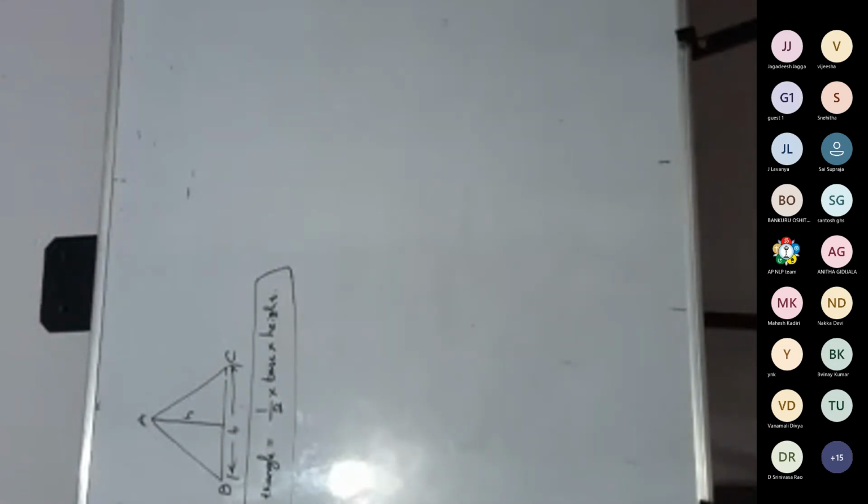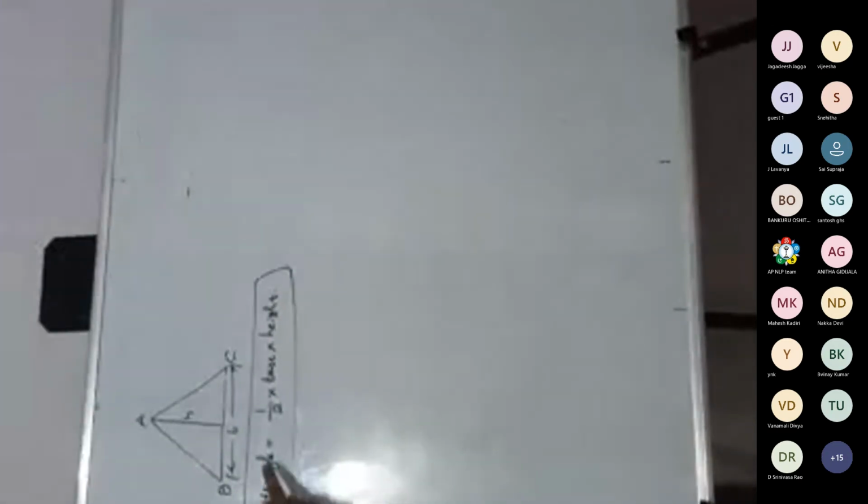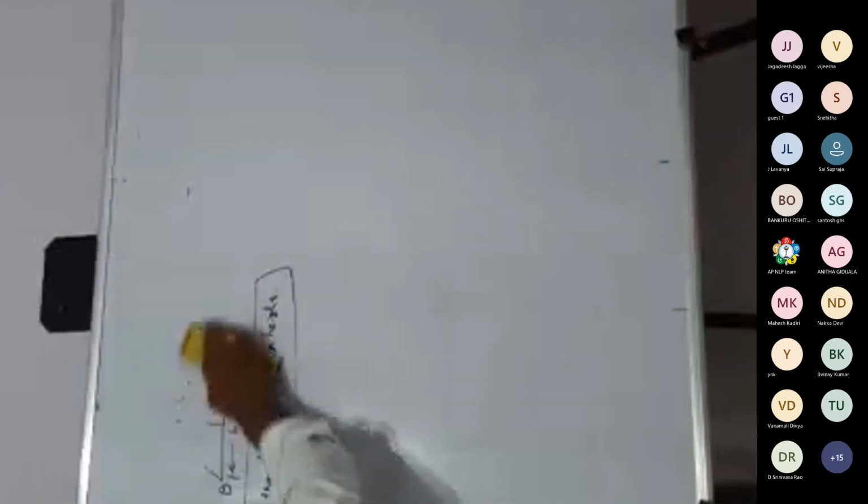Right? Okay. Then how many types of triangles are there? There are 5 types of triangles. So please observe carefully. Area of the triangle is what? Half base into height. For any triangle, you have to follow the basic formula. What is that? Half base into height. You have 5 types of triangles. First one is